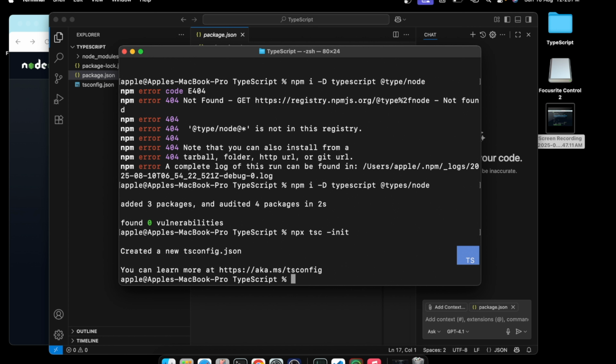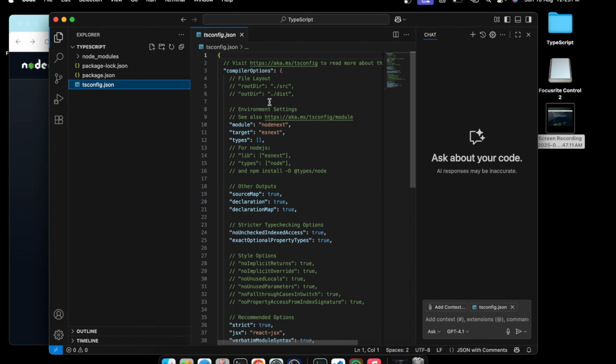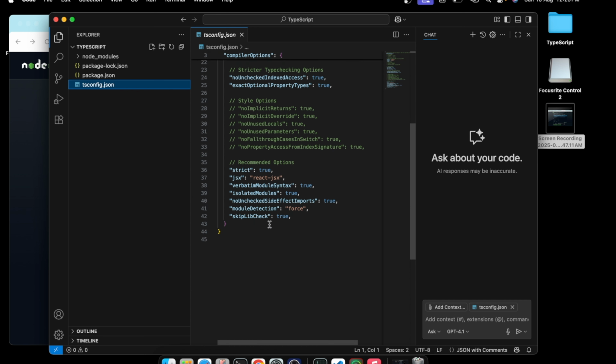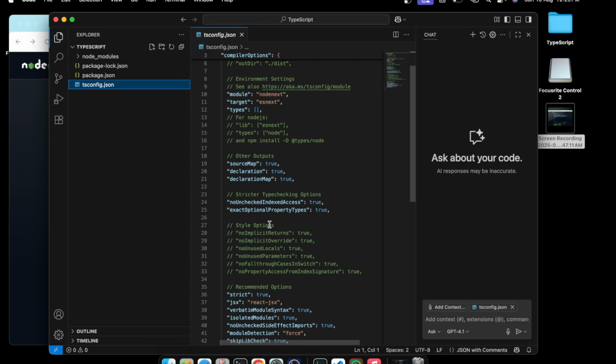Now tsconfig is also generated, because if you are using TypeScript, then ts configuration is required, where you can do TypeScript related settings. So you can see here in the TypeScript config all the TypeScript related things you can do.